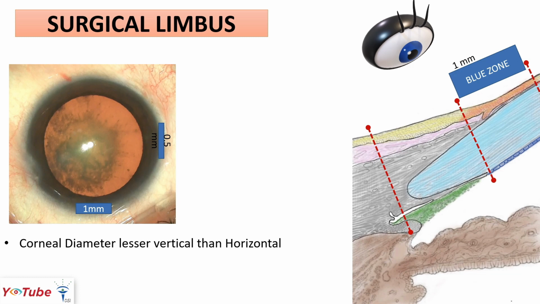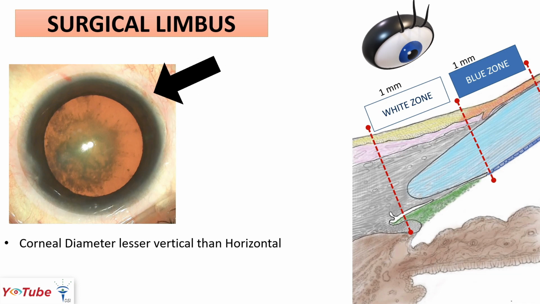Now coming to the white zone. The white zone is that part which lies between the second and third line on cross section, and this white zone is a constant 1 millimeter zone which is around the blue zone. If seen from above, it is seen merging with the surrounding conjunctiva. Now although the white zone cannot be demarcated clearly, with a sound understanding we should be able to locate the structures. So this white zone is where the trabecular meshwork lies, and the end of the zone is where the scleral spur lies.